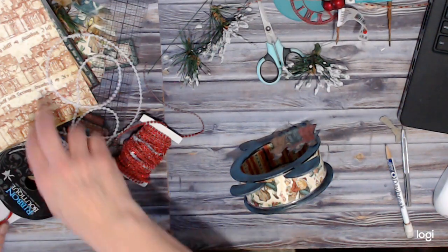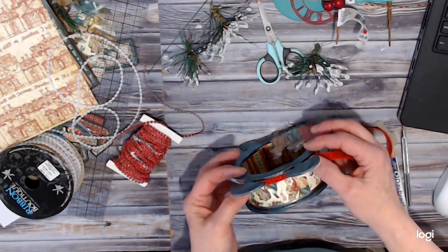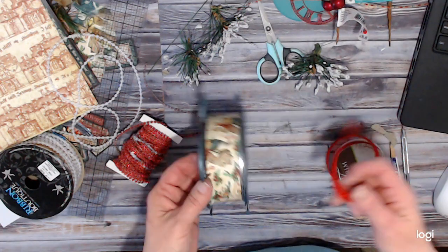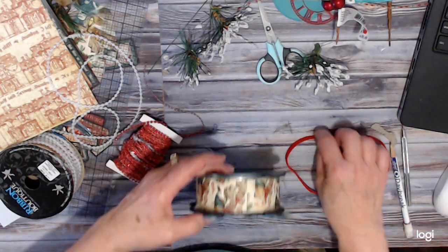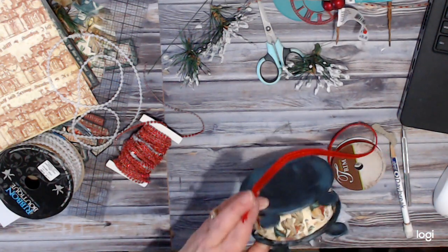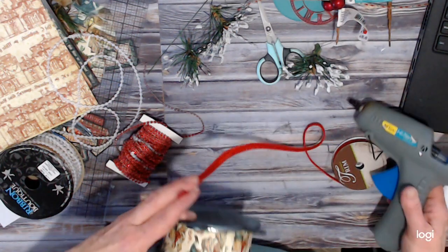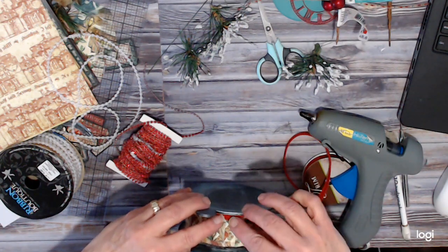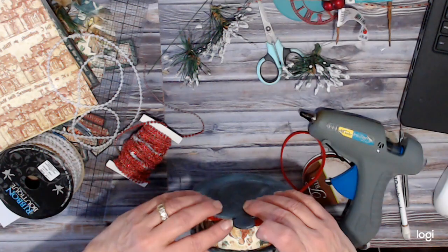We could do, this red ribbon is really pretty too. Yeah, let's go ahead with the red ribbon. Let's start at the bottom here with just a little bit of hot glue. And then we can still add pearls to that if we want to. But this is going to cover, and I'm just going to run that right along that edge there,